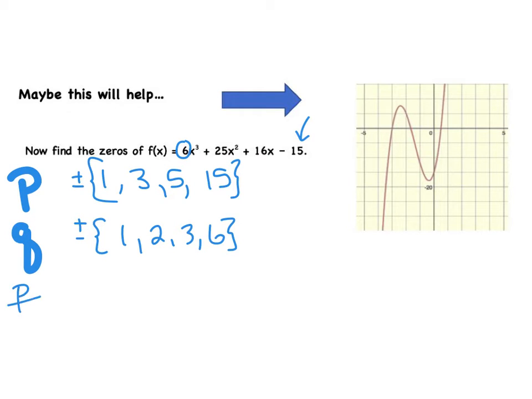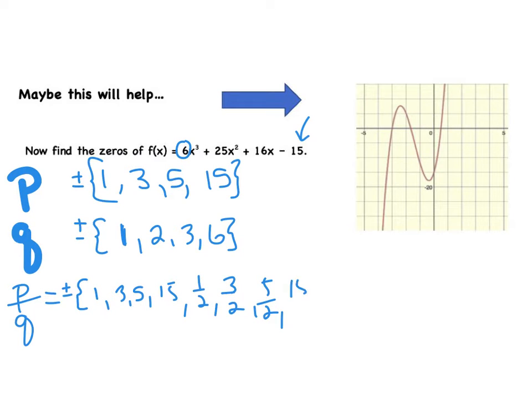But then René Descartes discovered it would be in the list of p divided by q. So if I take each of the p's and divide it by 1, I would get the same list. So 1, 3, 5, and 15. But then when I divide by 2, that's 1/2, 3/2, 5/2, 15/2, and I'm nowhere near done. Then I've got to divide by 3, so that's 1/3, 3 over 3 reduces to 1, 5 over 3, 15 over 3 reduces to 5, I already have that,